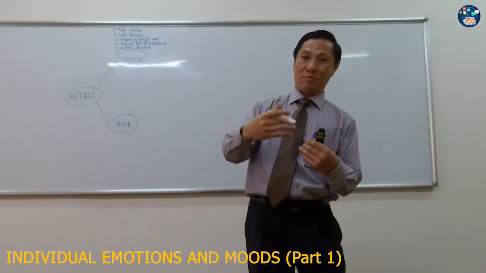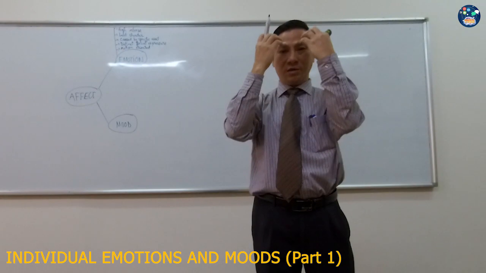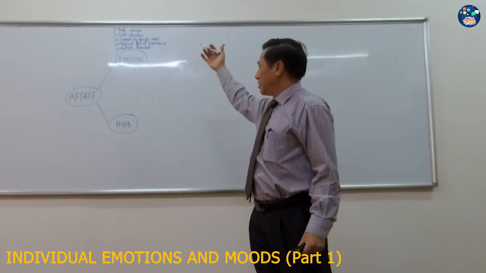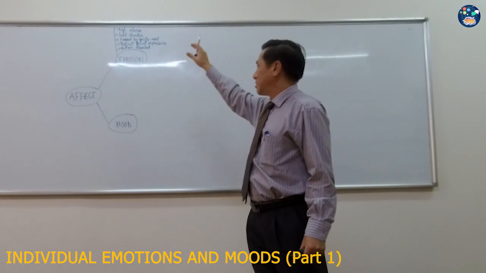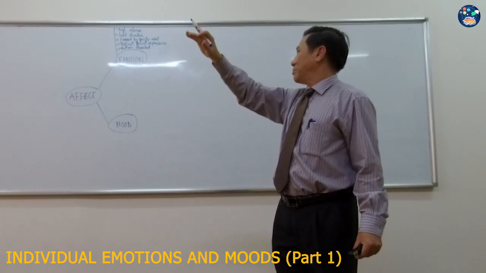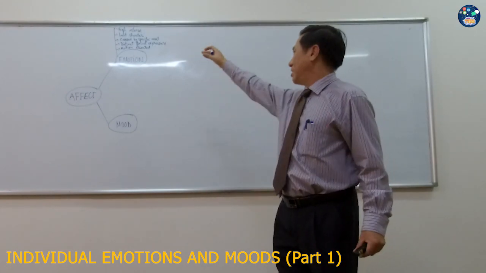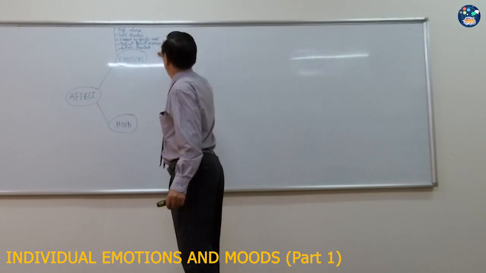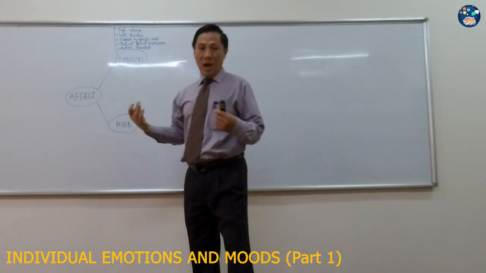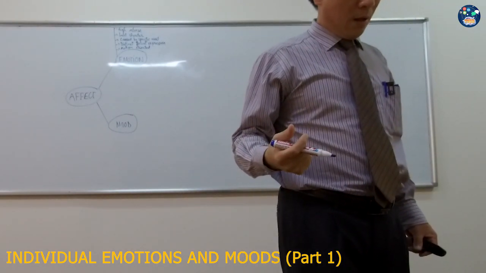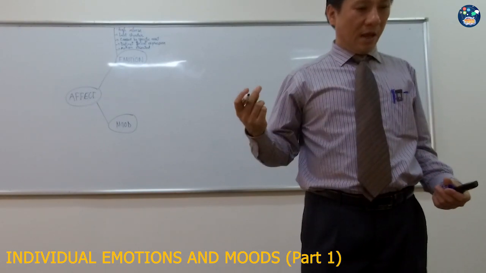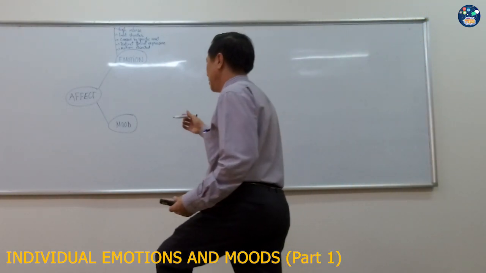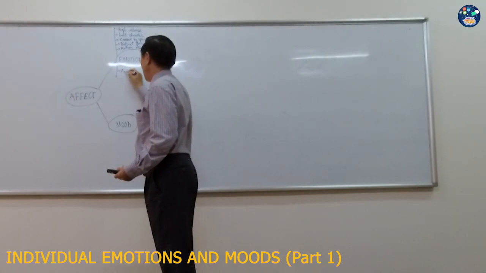If the emotion of sadness is so high, your eyes burn and tear up, crying, etc. So these are the characteristics of emotions: high intensity, short duration, caused by specific events, showing facial expression, and action oriented. Some examples of emotion are anger,